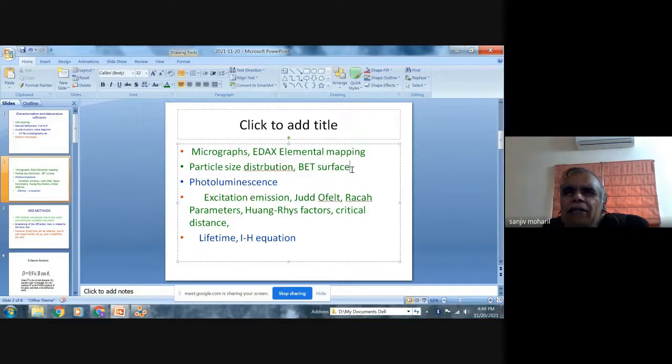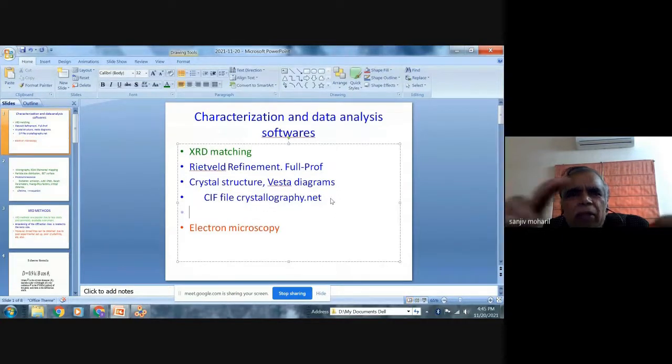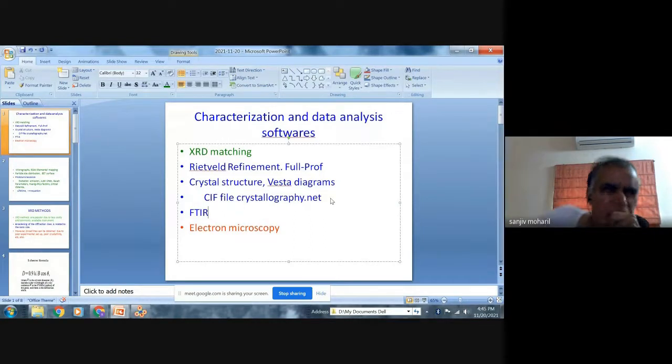Added to that, sometimes there are also certain methods like FTIR, Fourier transform infrared spectroscopy. Now, this spectroscopy is important for molecular groups.